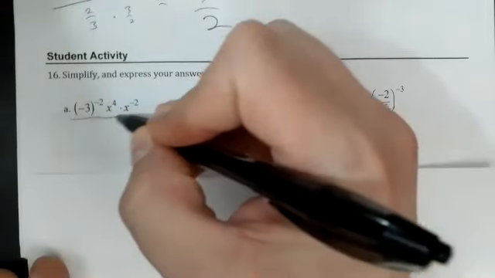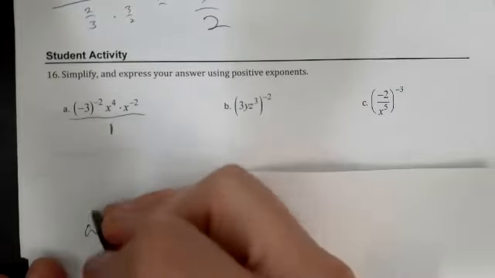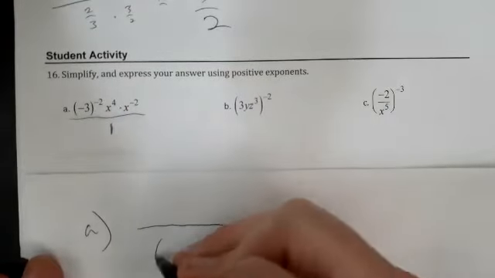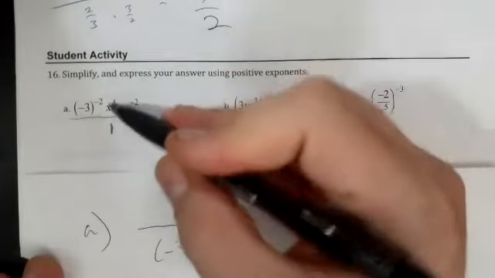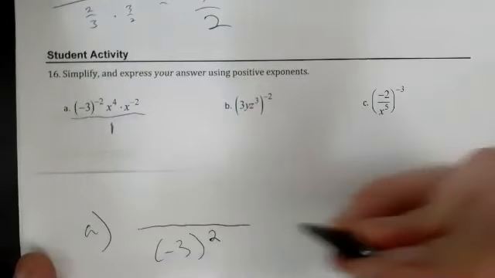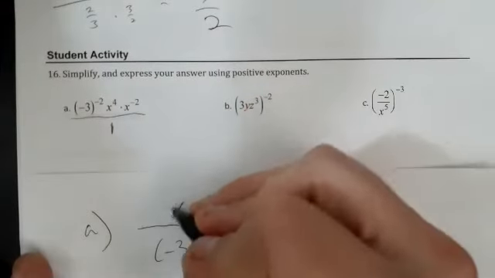So what are they doing on these that's a little bit different? We don't see it, but if we have to write things over 1, we can write things over 1. So in part A, I want to go left to right, so -3, have a -3, and if I want to take care of this -2 and make it a +2, I have to flip it to the bottom. I have an x to the 4th,